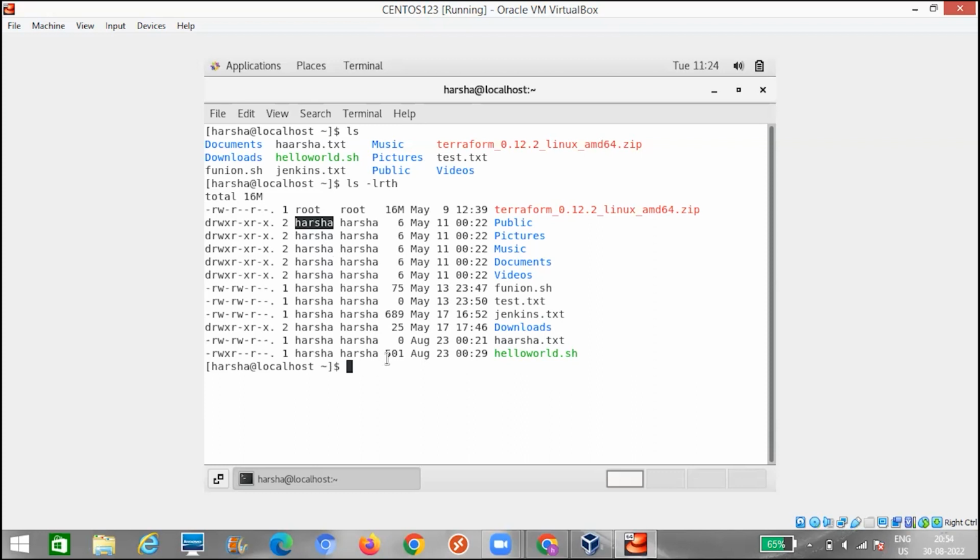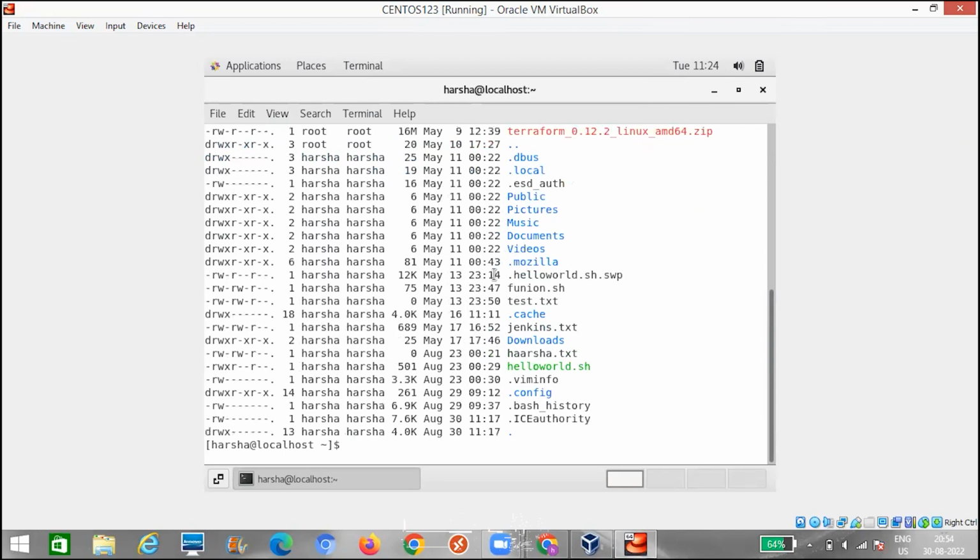So till now, we came across long listing in reverse order. There is one more option with ls. If you want to find hidden files or directories, you need to do ls -lrth and also give another option, a. Now, you see a few other files apart from the normal files and folders like pictures, public, documents, and Terraform.